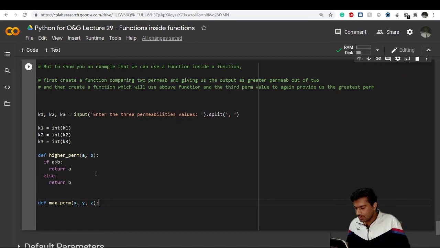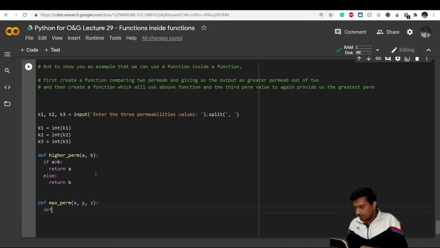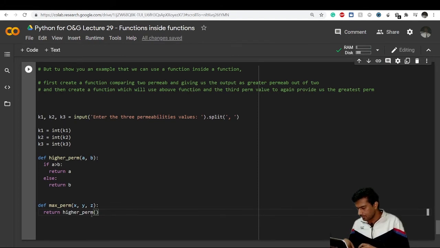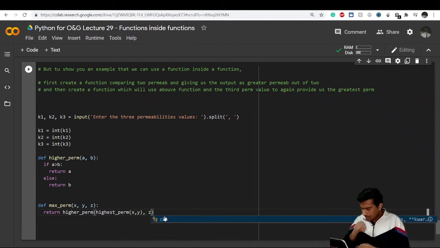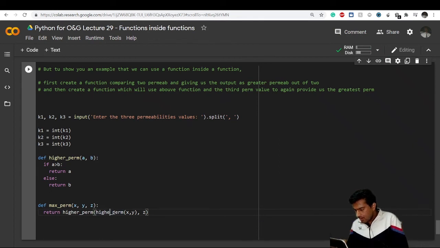What it is doing is, it will return me higher permeability among, here again I write higher perm of x, y, and here I write z. It is not highest, it is higher.